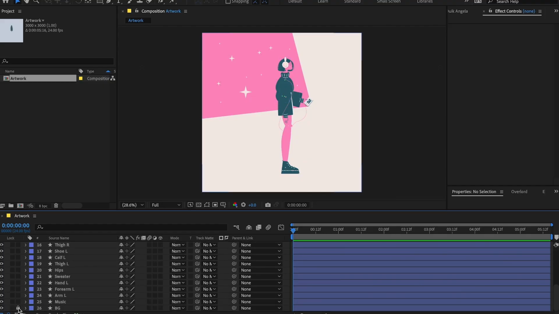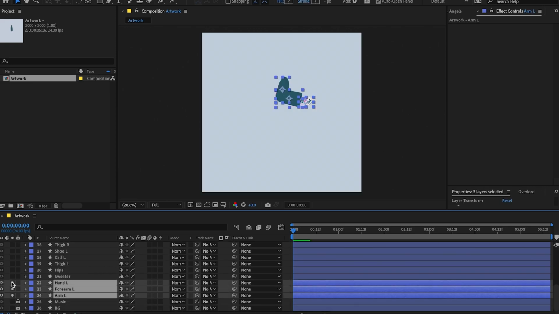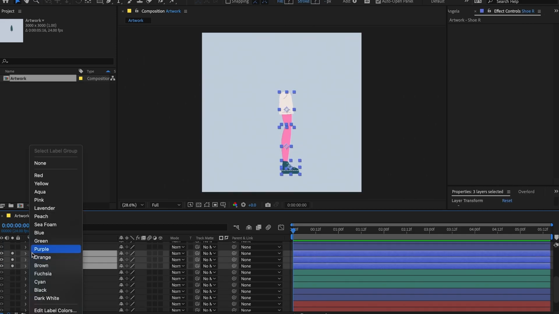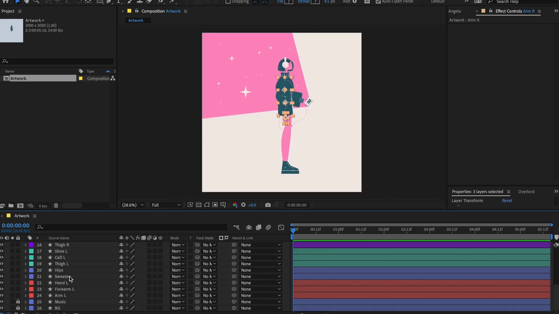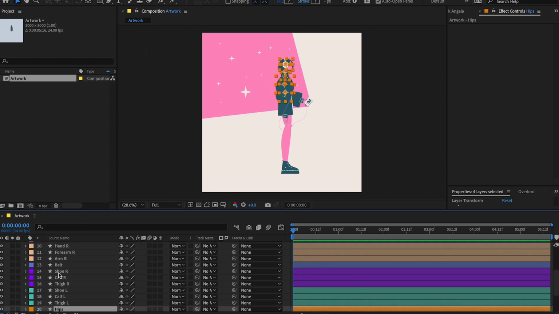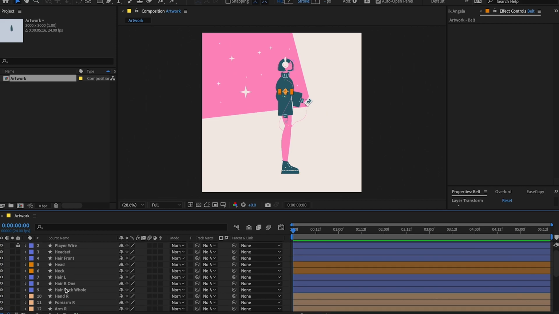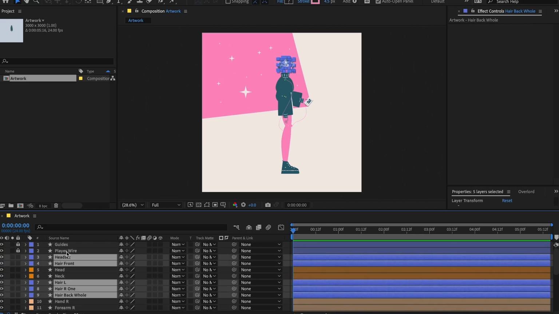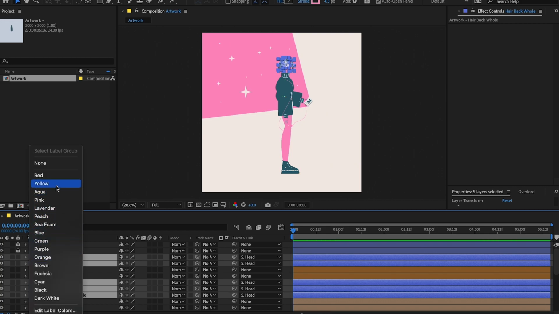I'm going to lock the background and the guide layers, and for easier navigation it's good to color label all the layers because we're going to have a lot of them very soon with Duke. I will give each arm and each leg their own color, and a color for the spine structure, which is basically everything else: the hips, the sweater, neck, head, and also the belt. And also one more color for all the elements parented to the head, all the hair layers and the headset.